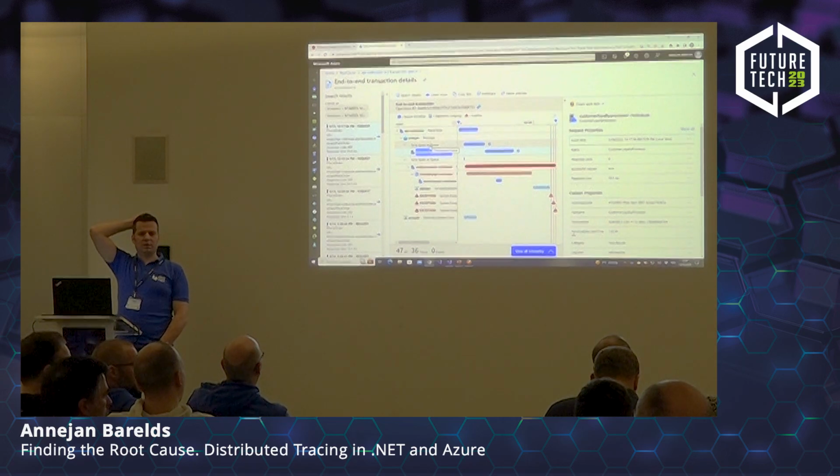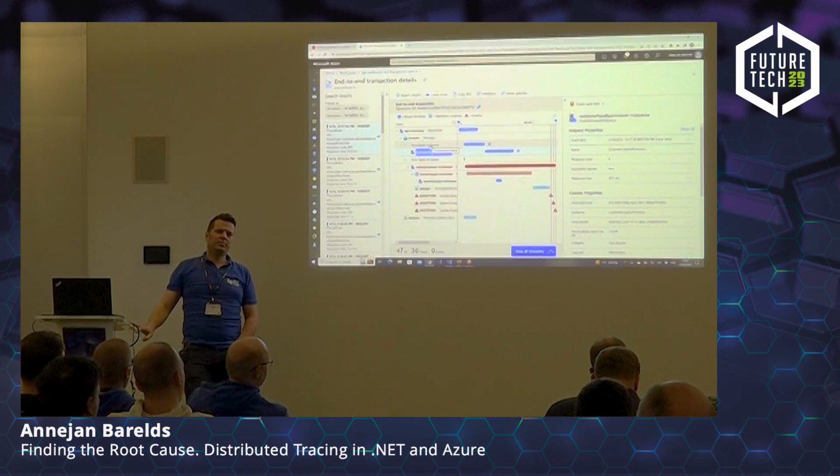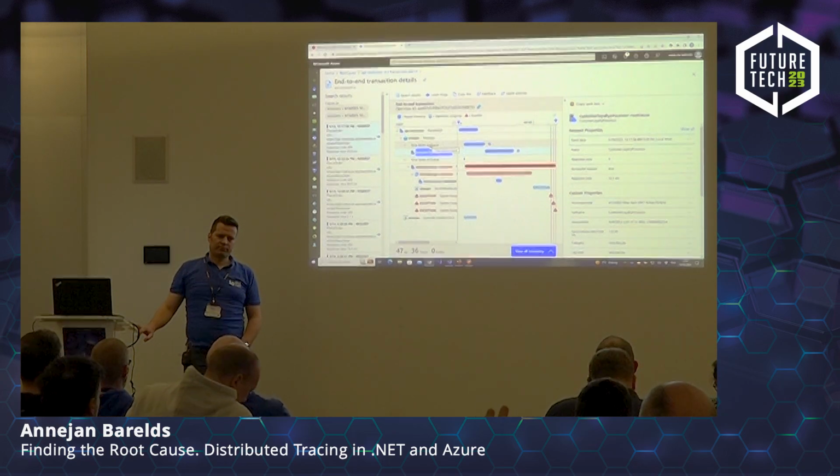Is there any way to, if you have a request that comes from the outside, you have an operation ID that's generated probably the first time the request gets in. If you have another system outside this that also has an operation ID, to pass that in the headers, for example?